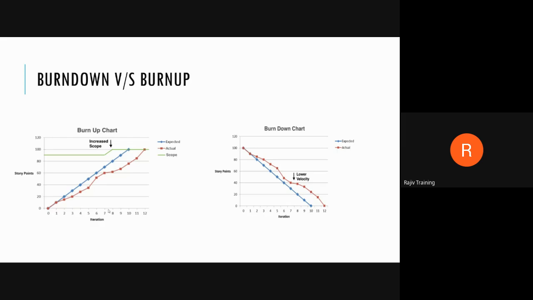Here, one additional thing we have is this green line, which shows if there is any scope change. In the burn up chart also, it shows how much work is completed or pending, along with the scope. Now, the burn up chart is mostly used for